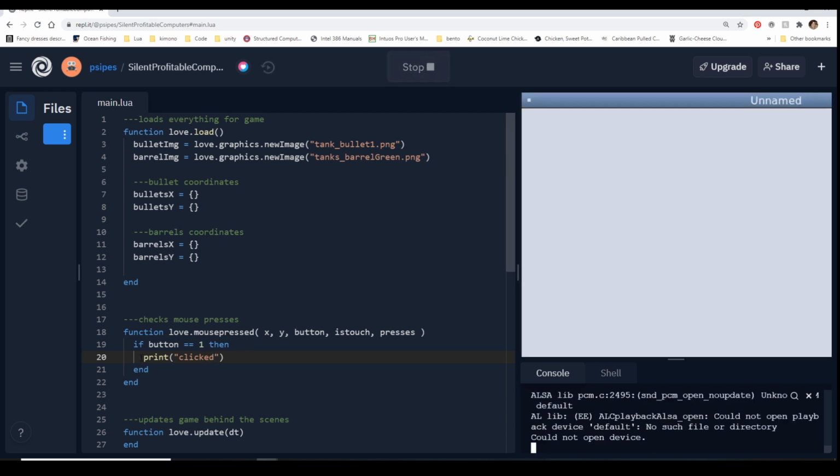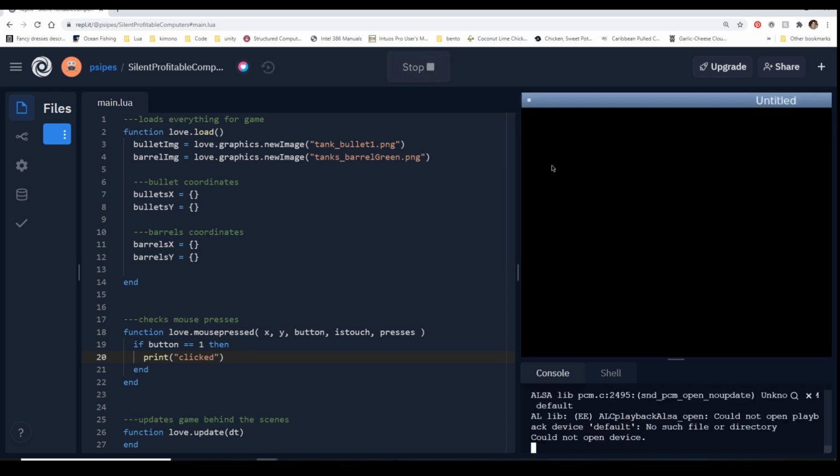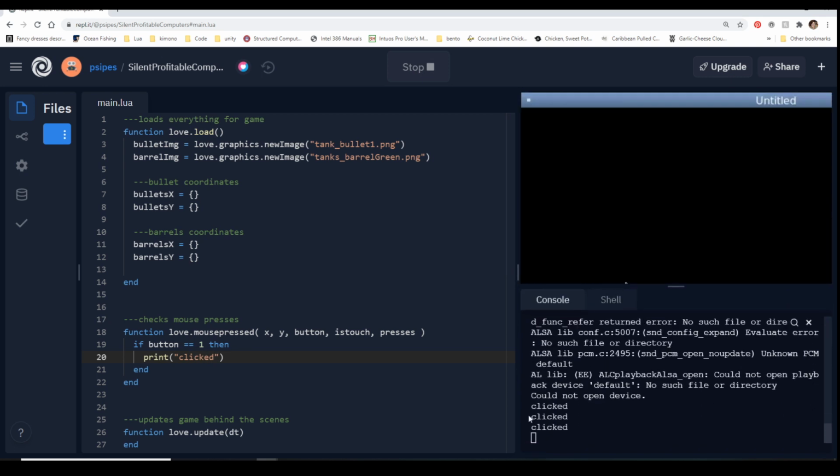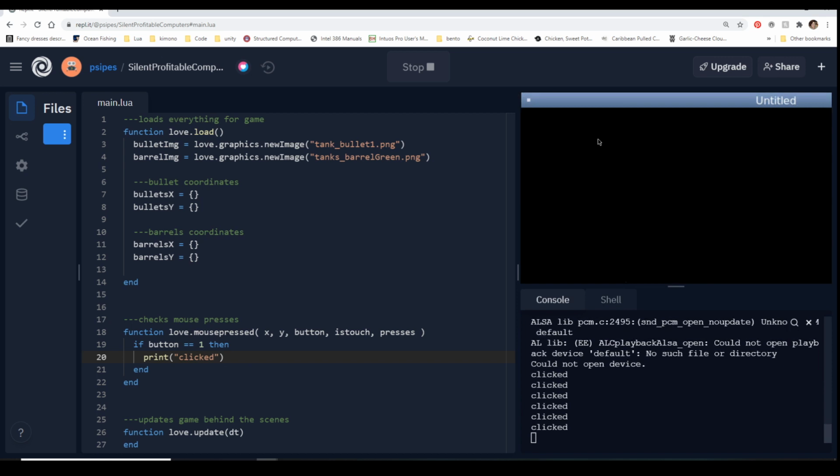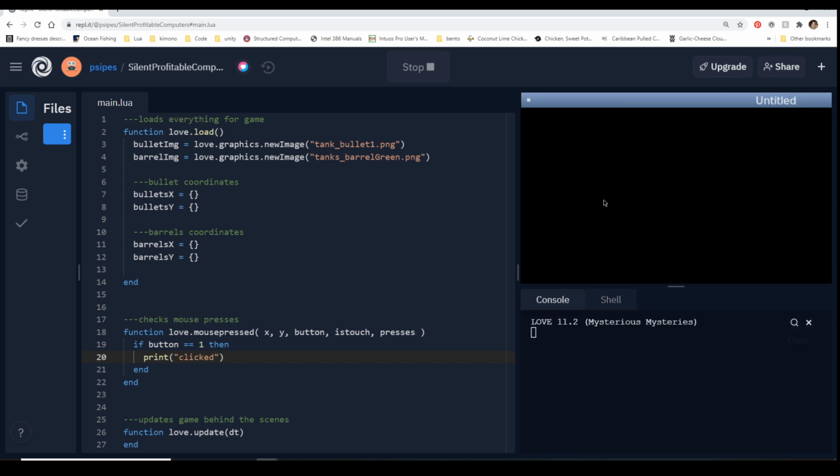And then we can run it to make sure that this actually works the way we think it does. So you can see it's clicking down here in the console printout. It's saying, yeah, you're clicking. I get that. And if we clear it out and we right click, it's not going to do anything. We center click, it's not going to do anything. The only time it's going to do anything is when we press the left click button.